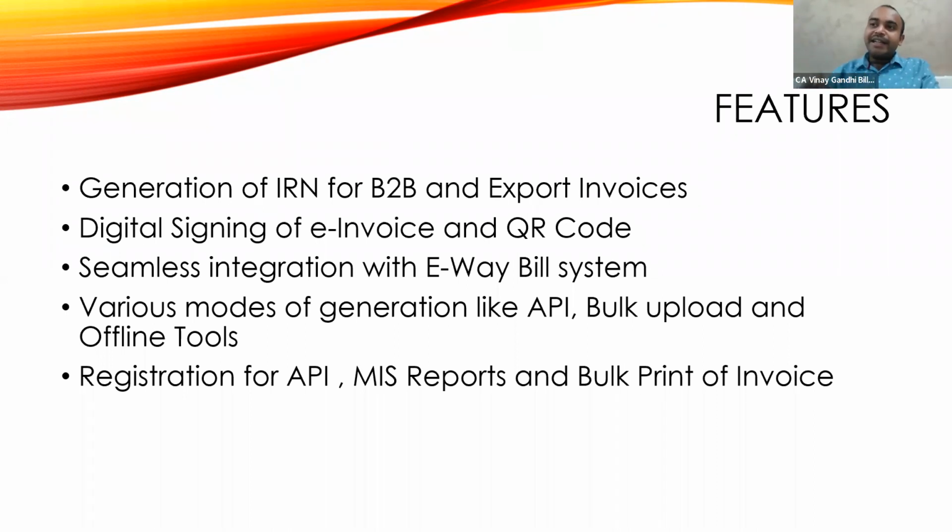So for any change, I have to cancel that e-invoice, or I have to issue a credit note or debit note if the Act allows me to do it. Otherwise, even for a single invoice number, if I have already generated an e-invoice and I want to change it, I cannot. And on the same invoice number, another IRN will not be generated. So I have to cancel that invoice, then generate another invoice, and again upload that invoice for creation of an IRN.